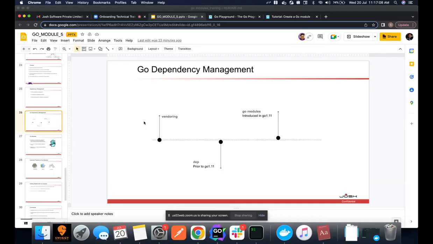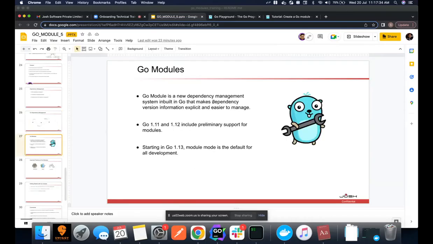In this case, this scenario was not possible to handle using dep. Also, the dep file is not very descriptive to understand how it manages the dependencies. So I think because of these multiple cons of vendoring and dep, Go modules were introduced. So what is